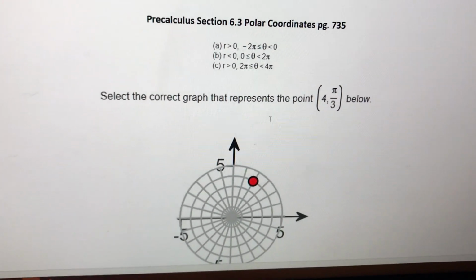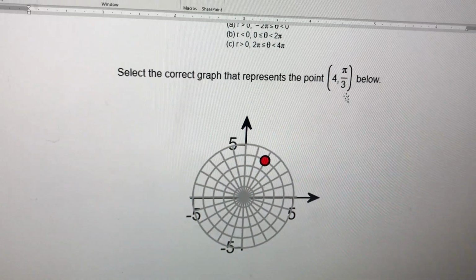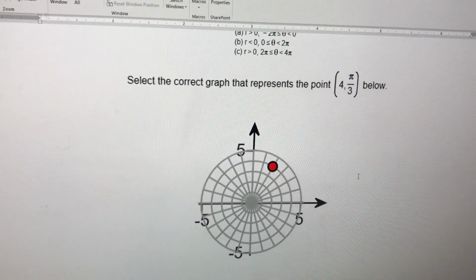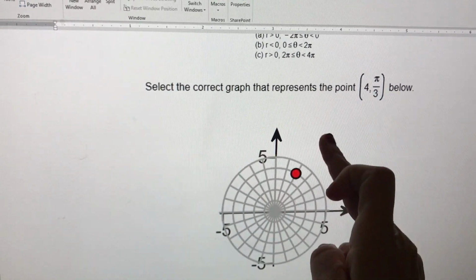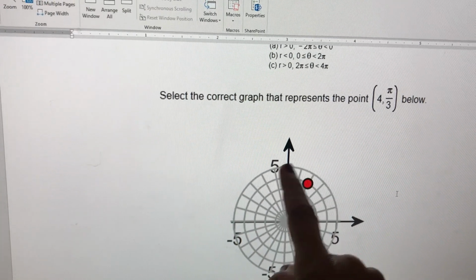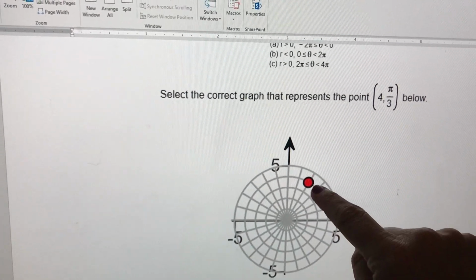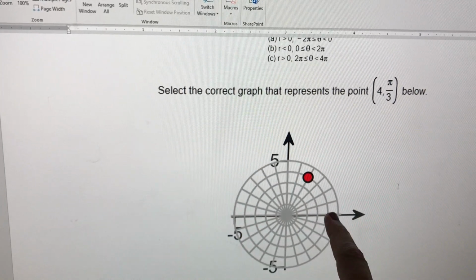Here's the representation of it. So here we go. R is 4, and that angle is 1/3 of a radian. So here's 4, and that's about 1/3. You can tell there's 12 little hash marks, so I just divided by 3. So here's 1, 2, 3, 4. So that's about 1/3, and it's at